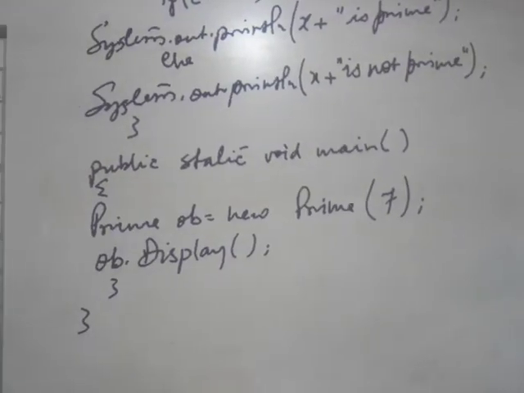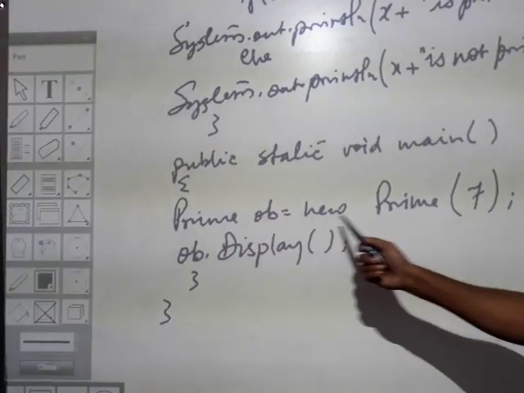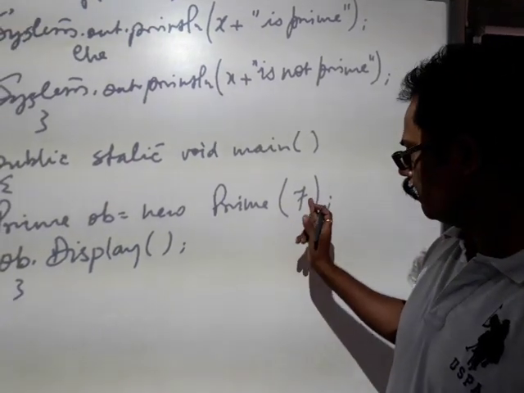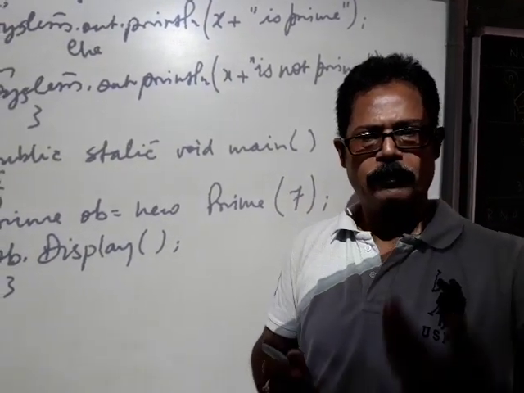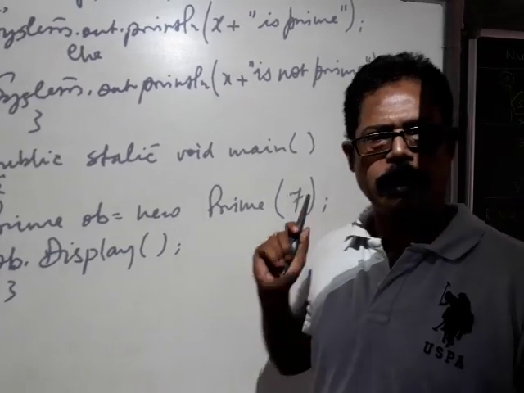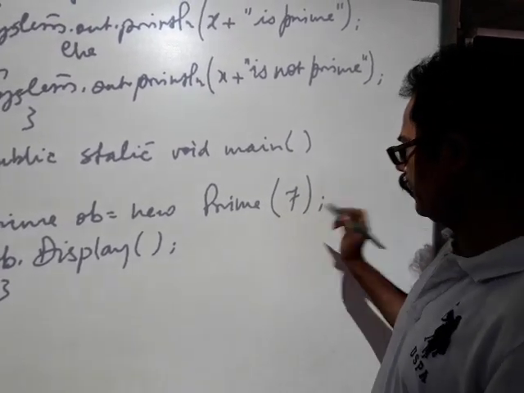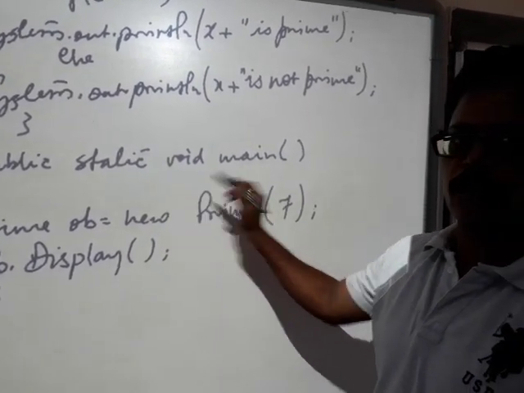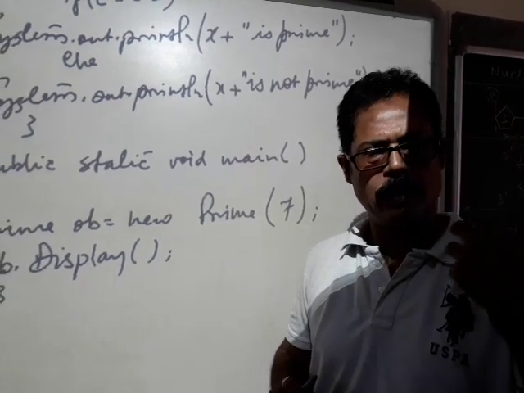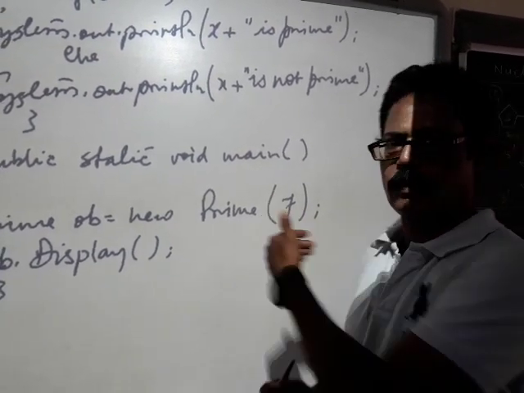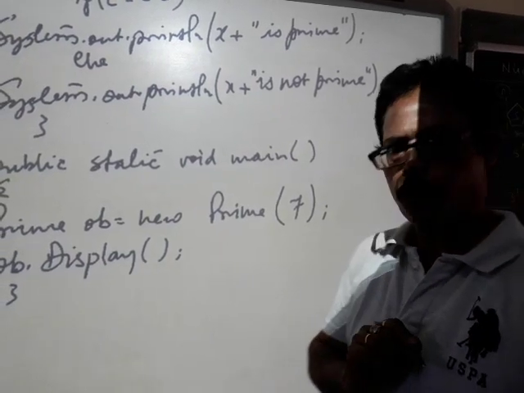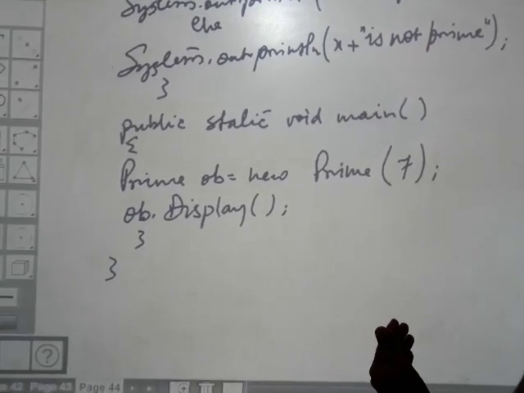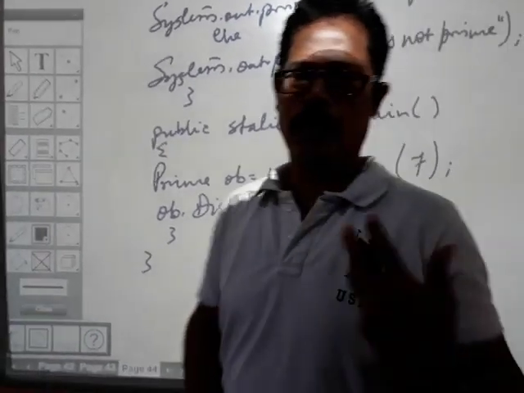Now the main part is here. What I have done is Prime ob equals new Prime. It is here that I have taken a value. In the previous case I had taken a variable, and now I have taken a value so that you'll be able to understand. So feel free to write anything over here. Don't hesitate, don't worry about it. You write 7. You can also accept a value over here, say int x1 is equal to sc.next and write x1 over here. You can set it as a parameter, you can set it as a value also, as an argument as well. There is no problem as such. And then invoke the display function. So what happens is your display function is invoked, and that's how you get your value.